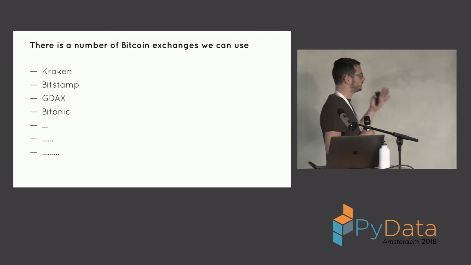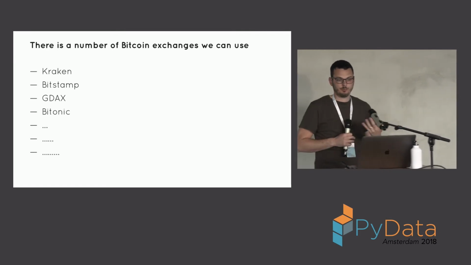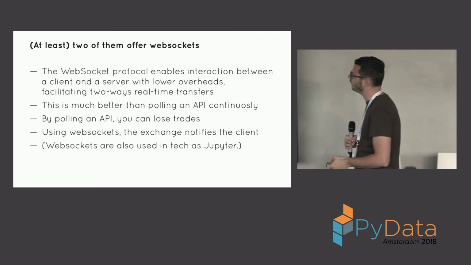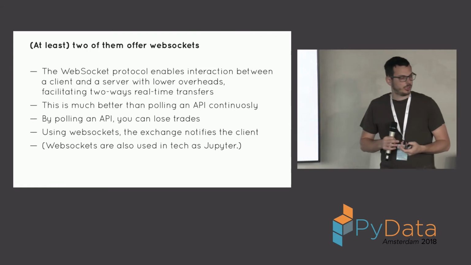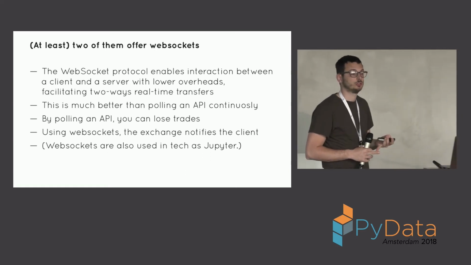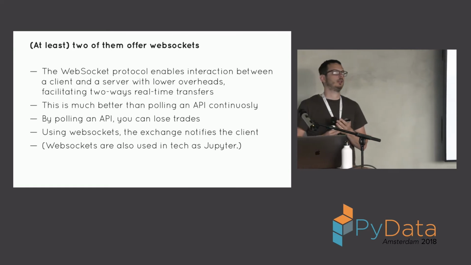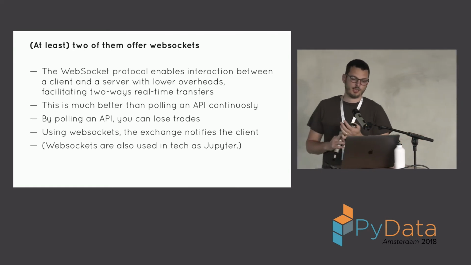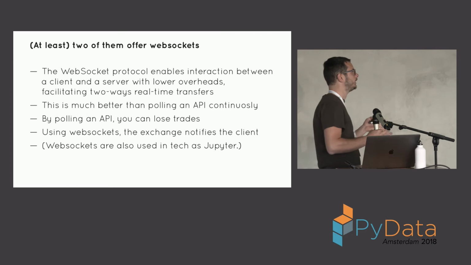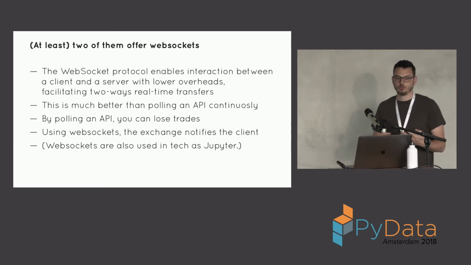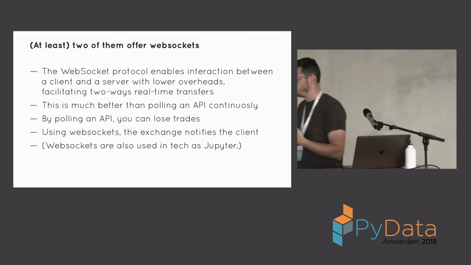The exchanges we can use, for example, are Kraken, Bitstamp, GDEX, Bitonic, and there are more. But I want to concentrate on two exchanges that offer WebSocket support. So WebSockets, who knows what WebSockets are? Yeah, so even fewer than Asyncio. Basically, WebSocket is a protocol that enables interaction between the client and the server with low overhead and real-time data